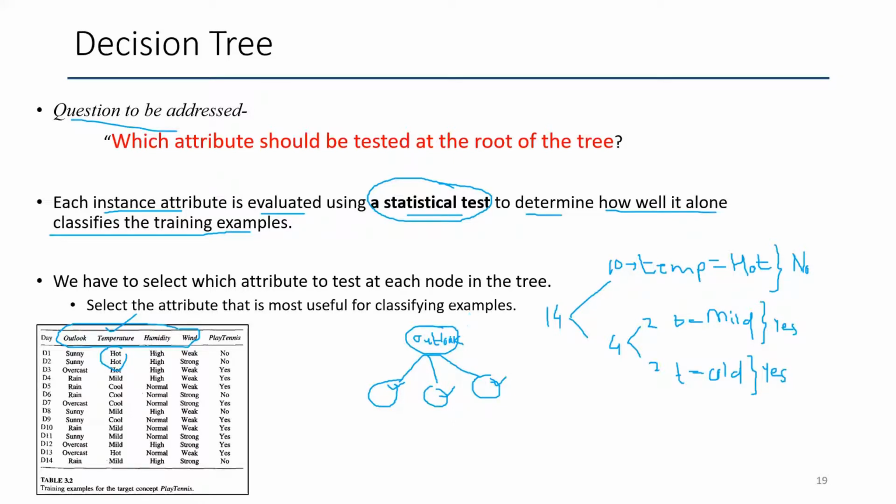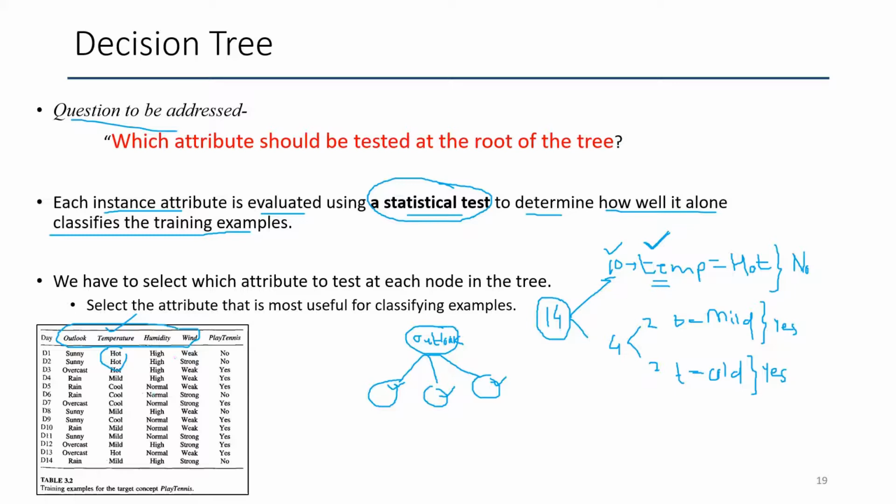Now which attribute is more useful or more powerful? So in this instance, temperature is more powerful. Why? Because for classifying 14 examples, temperature alone can classify 10 samples easily. So for these 10 samples we have to check only the temperature attribute. We need not check other attributes. It alone can classify 10 examples. So for this example I can say that temperature is more powerful as compared to the other 3 attributes.